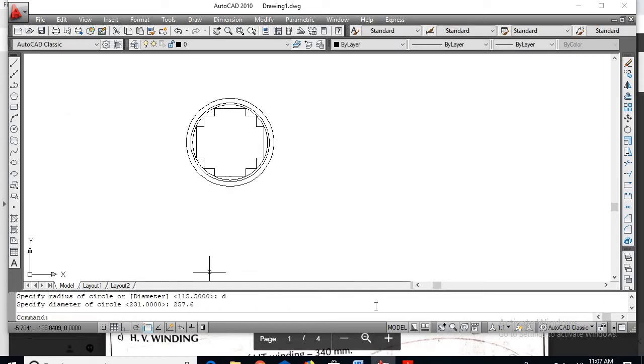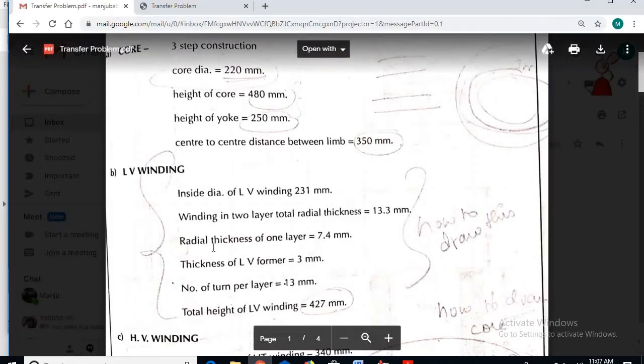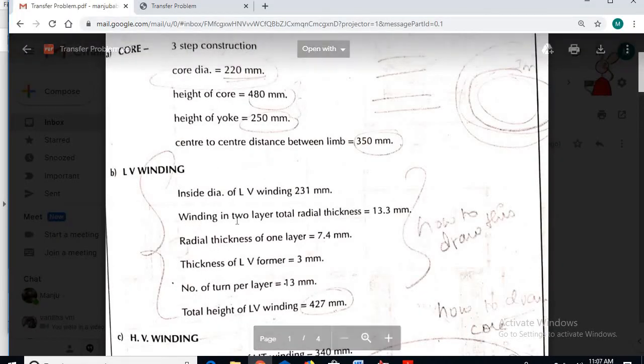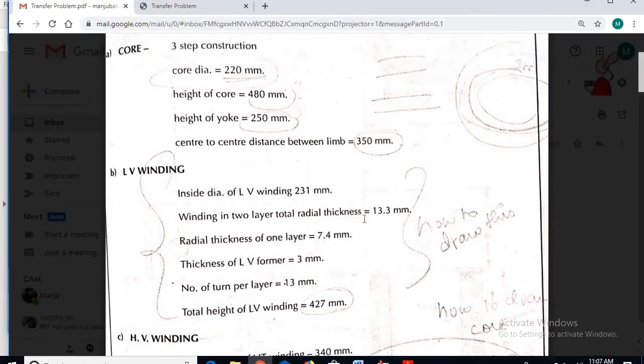Now since it is 2 layers, he has given it as winding in 2 layers, the total radial thickness is 13.3. So the radial thickness of one layer is 7.4. So 7.4 into 2 will be 14.8. So consider 14.8 plus 231.